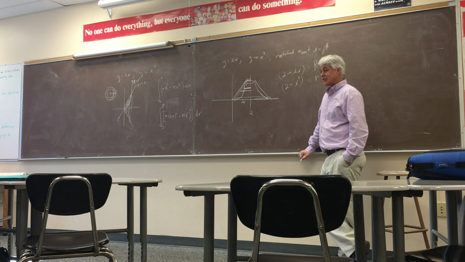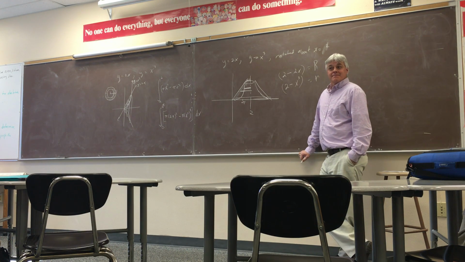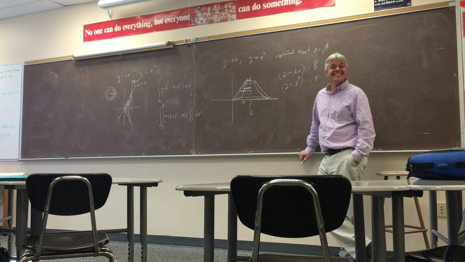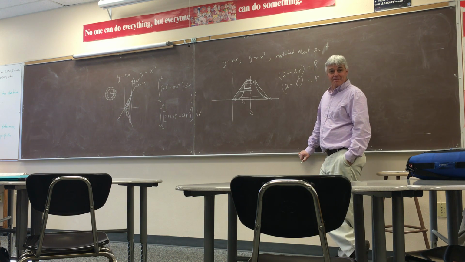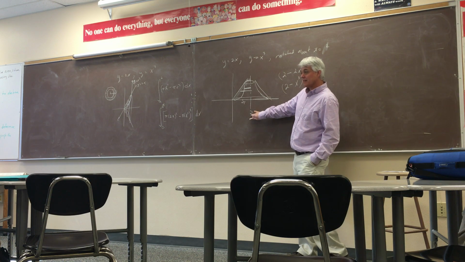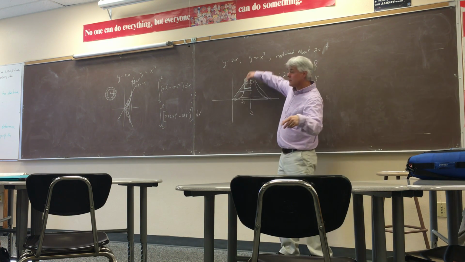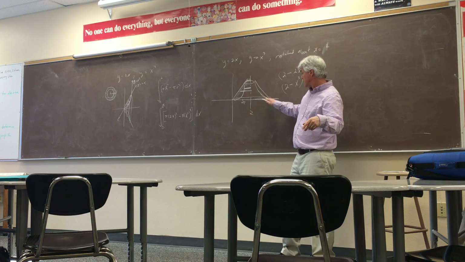Wait, no, so we're right here. 2 times root 2 this way, plus... No, isn't that 0 to 2? Would it be 0 to 2 minus root 2? Or no, is it 0 to 2? Is it 0 to 4? Well, 0 to 2 is here, right? So it can't be 0 to 2, because there's a hole here, so it's 0 to,